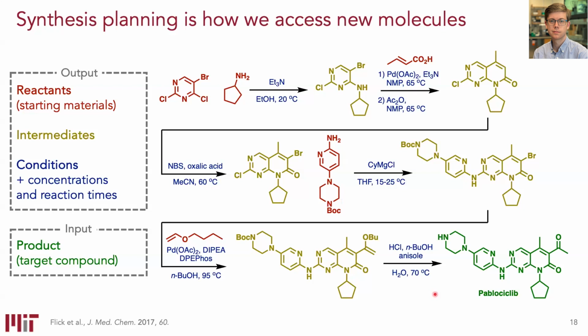So humans are really good at this. Humans learn how to do this in organic chemistry classes, take organic chemistry exams. Classically, we'll have you do this sort of retrosynthetic planning where you start with the target product and you have to reason your way backwards. So you typically start from the end point and do this reverse logic and say, well, how can I make this molecule? How can I simplify it? How can I simplify it further until you reach starting materials that you can purchase? This is the basic notion of retrosynthetic analysis. And this is something that we can also teach computers to do as well. And people have been since the 1960s.